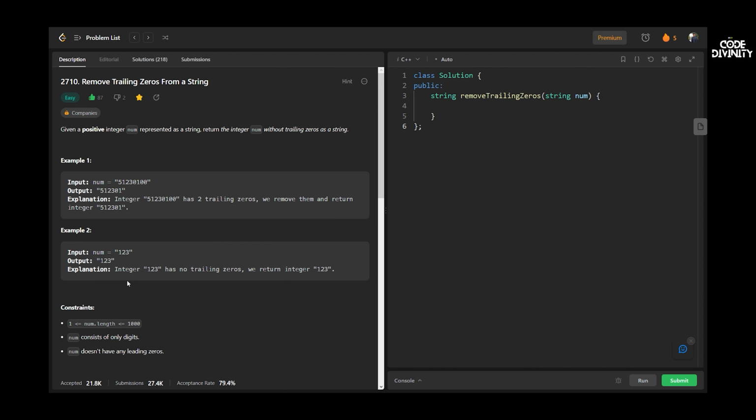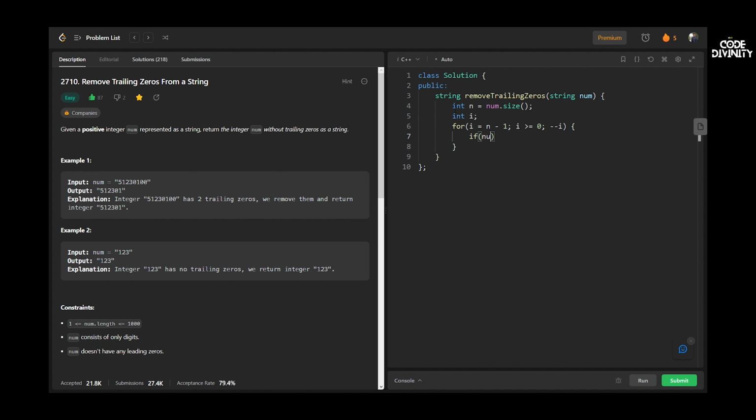Now, if the problem is clear to us, let's start coding our algorithm. First, we will initialize an integer n, which will store the size of our num string. Then we will declare an integer i. It is important to initialize this i pointer here. I will let you know in some time. Then we will start a for loop, and i will be initialized to n minus 1 position. So we will start from the end of the string, and we will iterate until i reaches the 0th position or the first element of our num string, and we will decrement our i pointer. This is a backward for loop, so remember to decrement the pointer, not increment it.